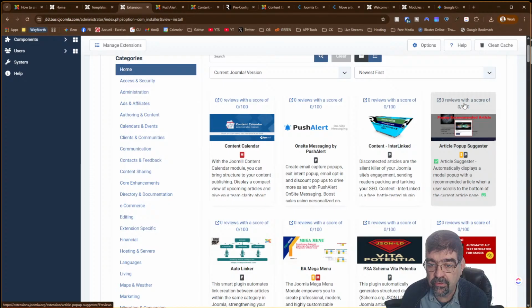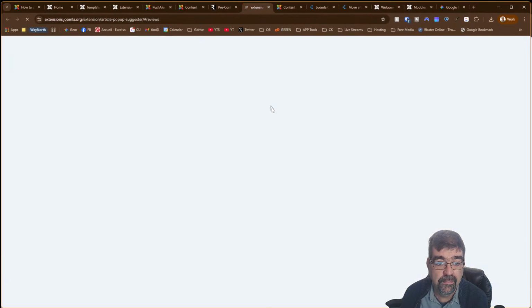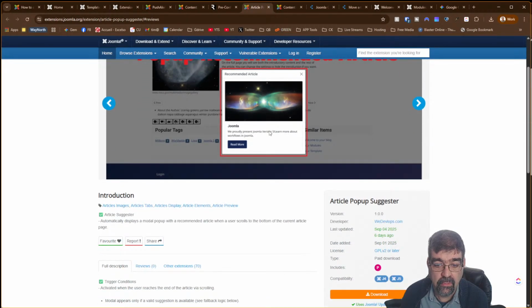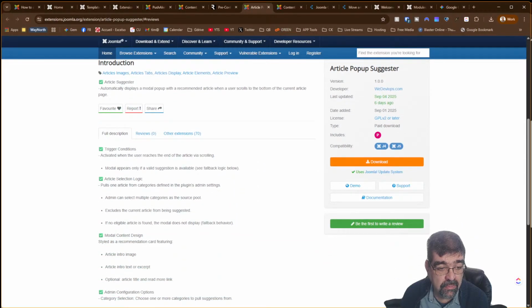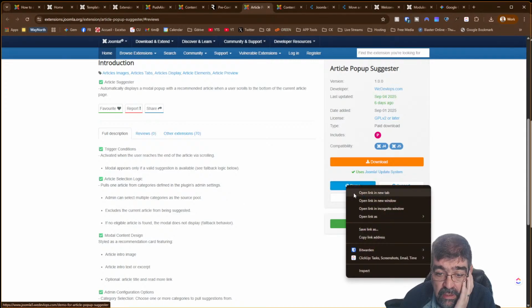Okay, article pop-up suggester. Automatically displays a modal pop-up with a recommended article when the user scrolls to the bottom of the current page. Article selection logic pulls one article from categories defined in the plugin's admin settings. Admin can set multiple categories as the source pool. Excludes the current article from being suggested. If no eligible article is found, the modal does not display. All right, so